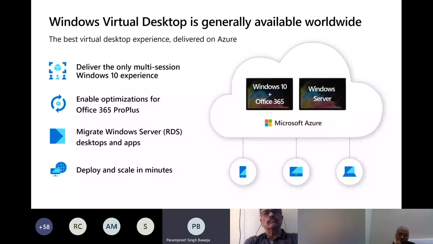So to sum it up, Windows 10 and Office 365 are both kept up to date using Office 365. WVD is the only way in which you can provide a multi-session Windows 10 experience. You have the facility to provide optimization for Office 365 Pro Plus.